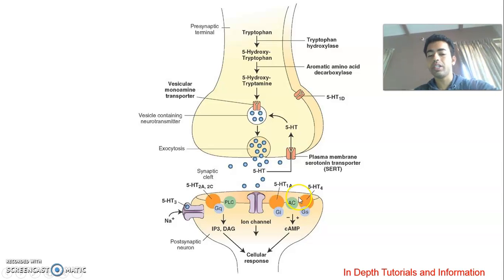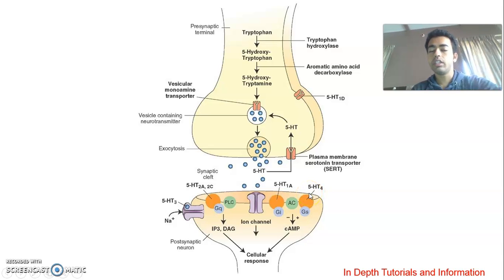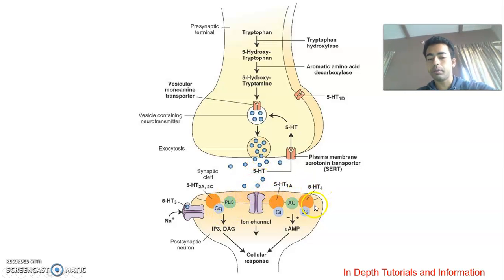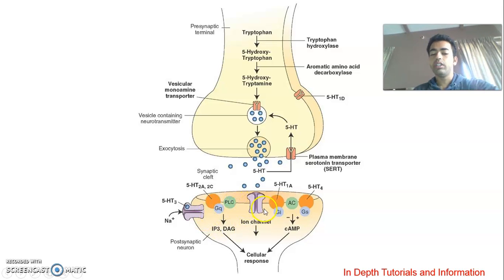It is called postsynaptic receptors. Here there are different types of postsynaptic receptors: 5-HT1A, 2A, 2C, 5HT4, 5HT3. There are a number of 5HT receptors which we will be seeing in the upcoming slide. So the first criterion is that it will bind to the postsynaptic receptors and cause the desired effect